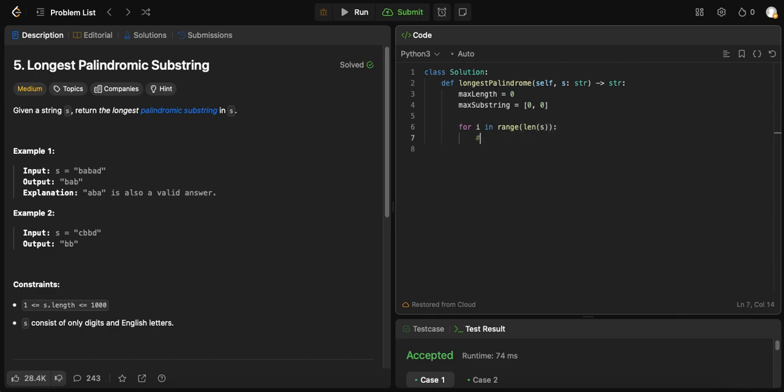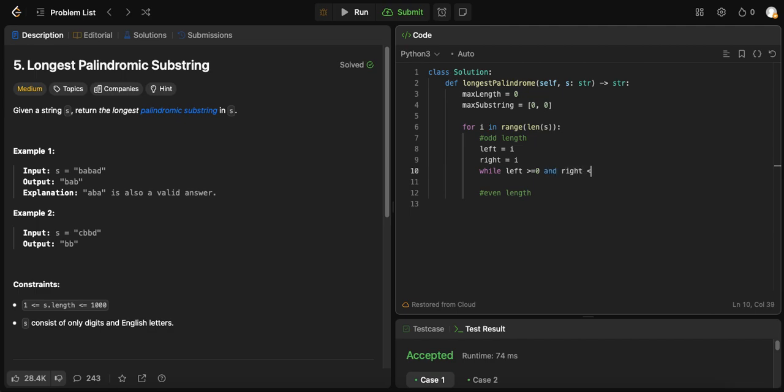Now we know we have two cases. We have a case where the substrings will have an odd length, and a case where the substrings will have an even length. We'll start off with the case where the substring has an odd length. In the odd case, we want one singular character as the center of our substrings. So we can make our left pointer equal to i, and also our right pointer equal to i. And then while the left pointer remains in bounds, and so does the right pointer, in bounds of the string,